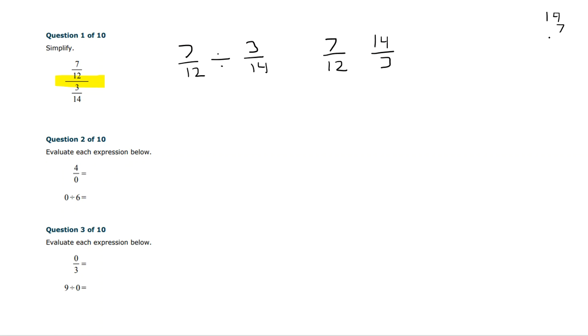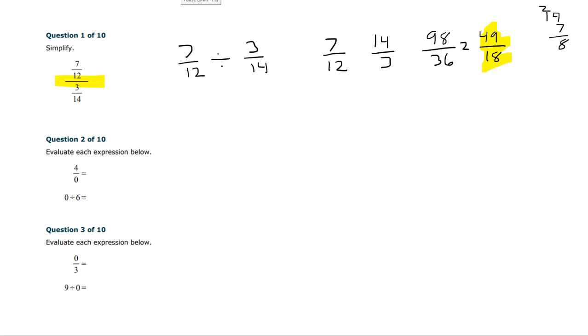14 times 7 is 98. 12 times 3 is 36. I know that I can divide both of these by 2 because they're both even. So that would be 49 over 18. And then the only factors of 49 are 1 and 49 and 7, and neither one of those are factors of 18. So my final answer is